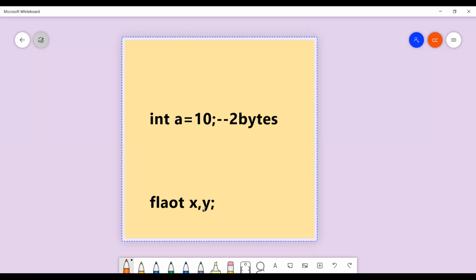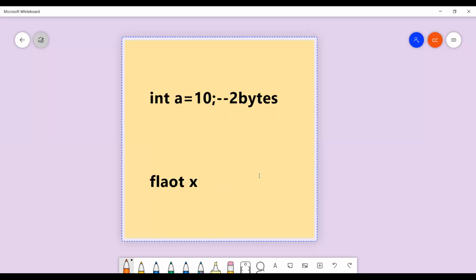You should understand it like that. Next, I will explain 2-3 examples, and after that I will execute the program. Float x equal to, suppose, 87.21 followed by a semicolon.